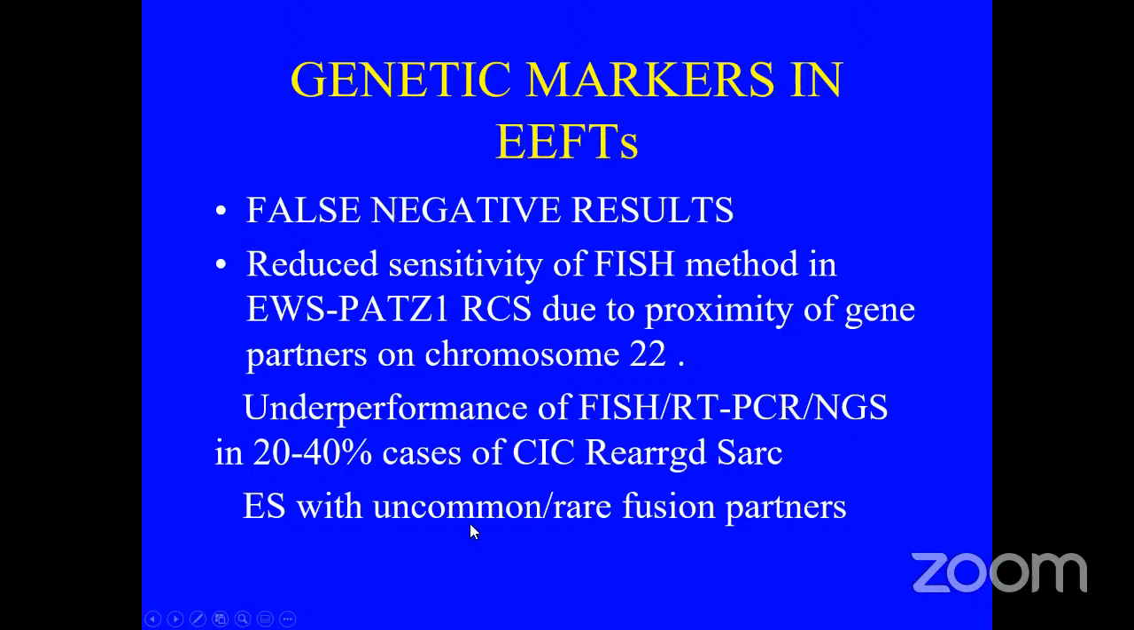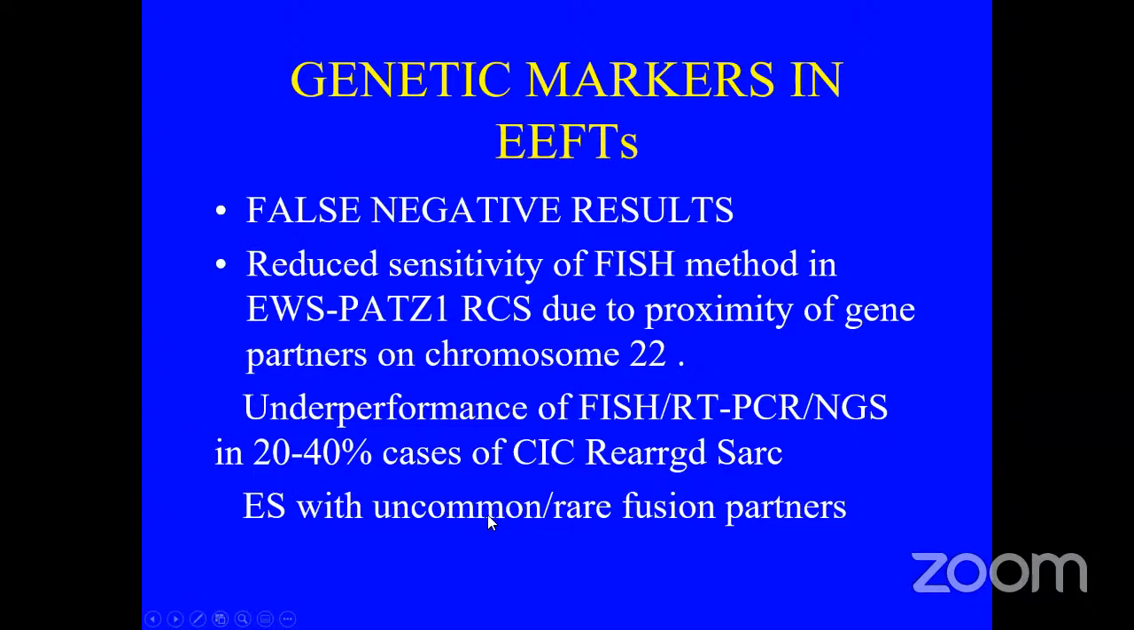I have also already pointed out the underperformance of these tests in ICC rearranged sarcomas and the importance of ETV4 as an ICC marker in this type of situation to come to a definitive diagnosis. Also, in Ewing sarcoma, in certain situations, the EWS-FLI1 gene marker may be negative, so you have to go